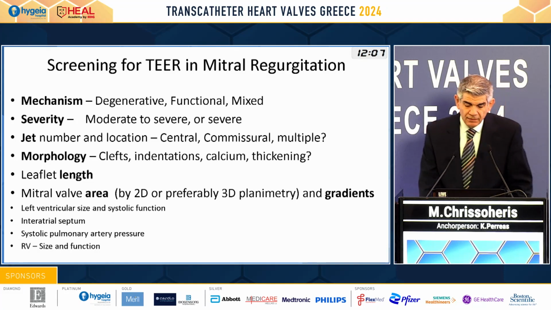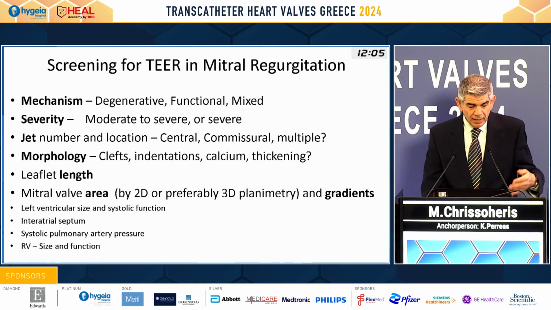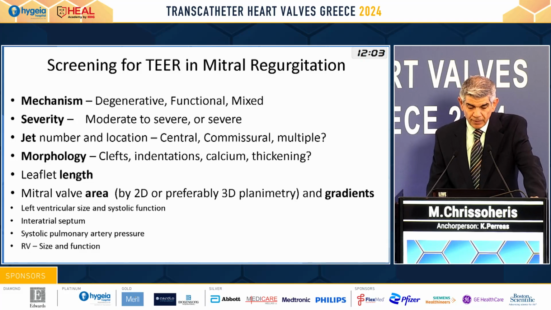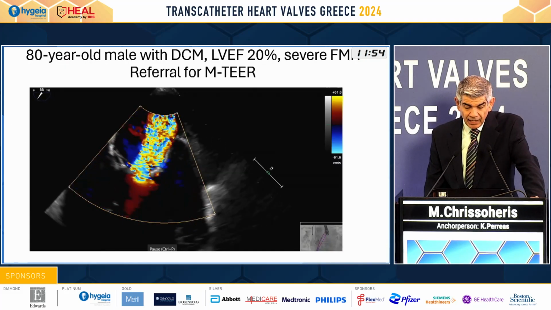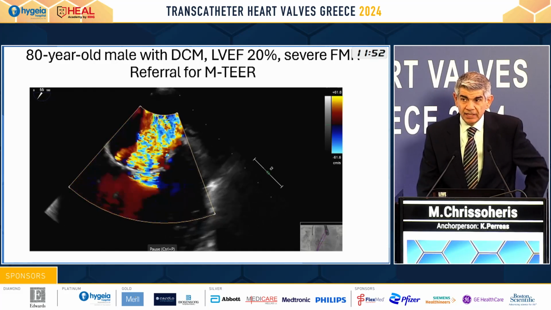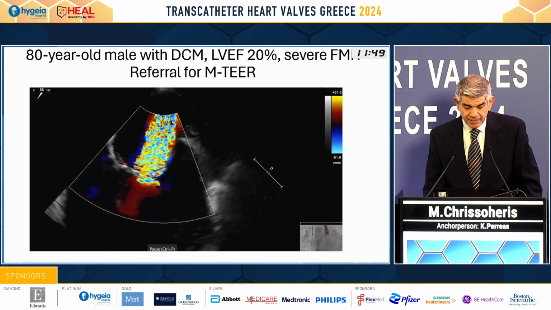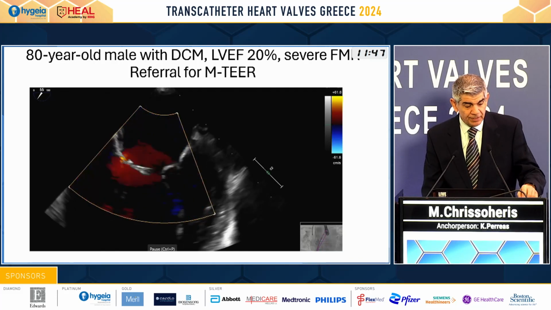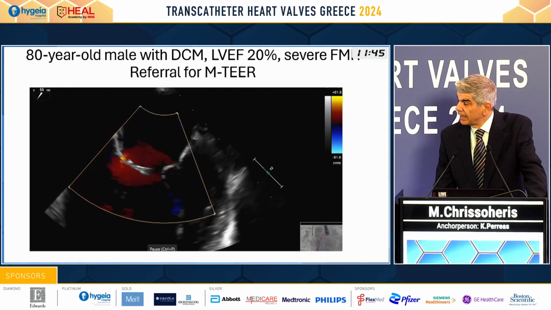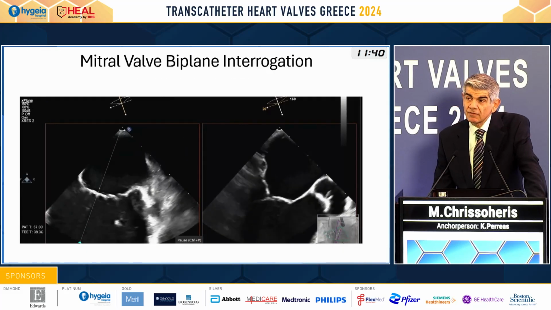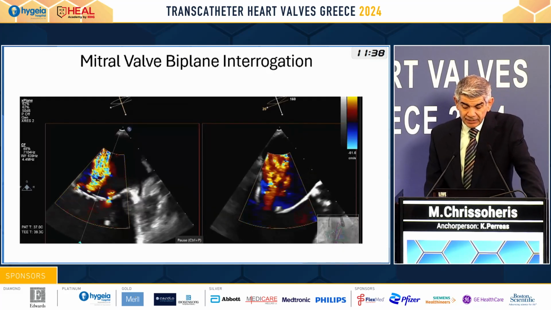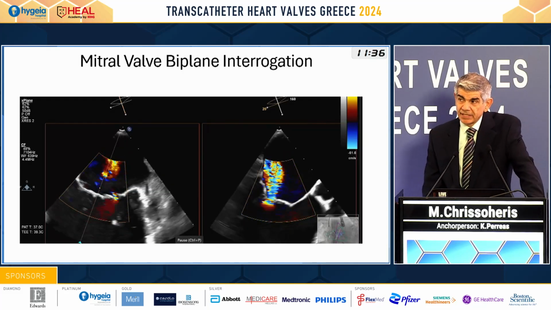So overall, the screening for mitral regurgitation with TEER involves all these questions that we need to answer: mechanism, severity, jet location, leaflet morphology, leaflet length, very importantly, and mitral valve area. I'm going to show you two or three examples of how we apply all this in clinical practice. This is a patient referred to us for treatment of severe functional mitral regurgitation. Interrogation of the valve with biplane imaging and color at the same time helps us understand the